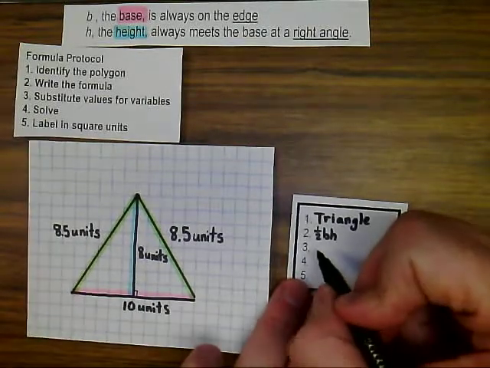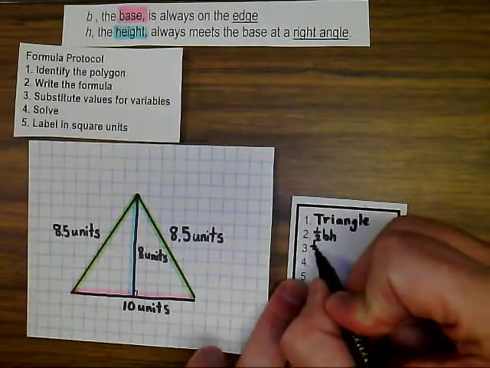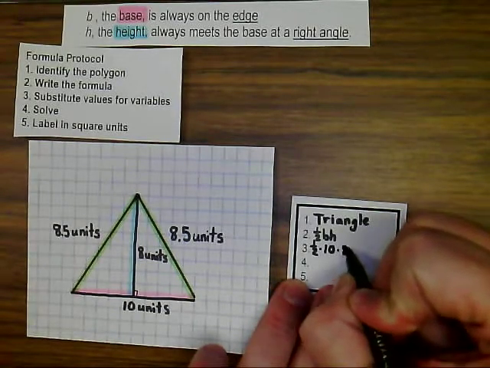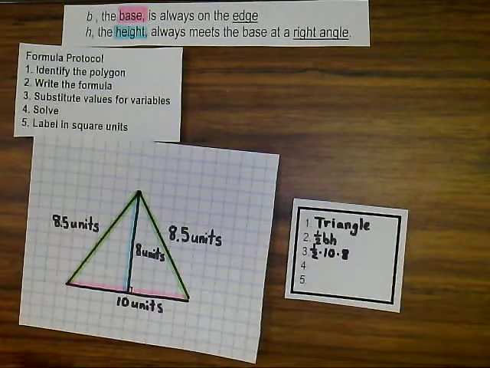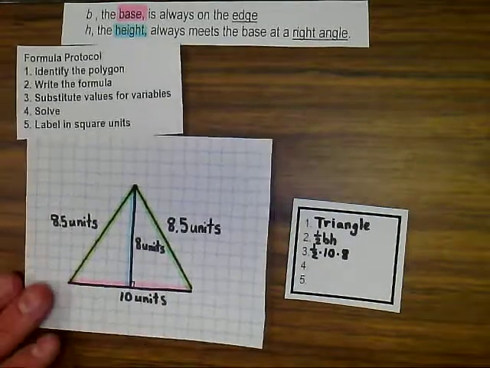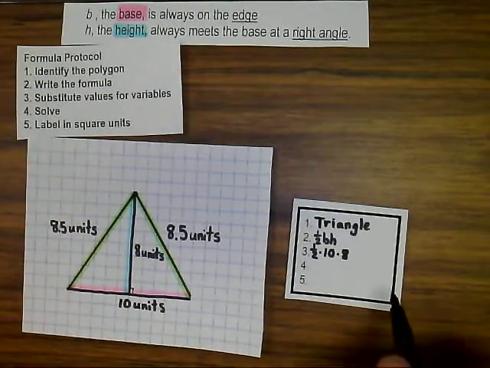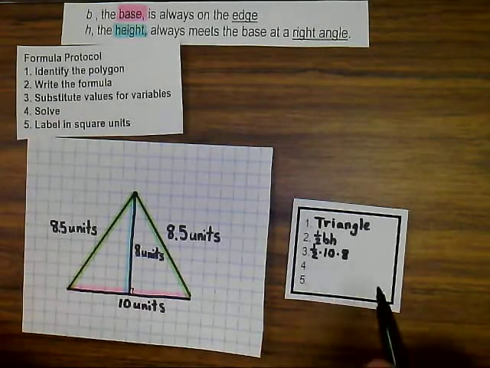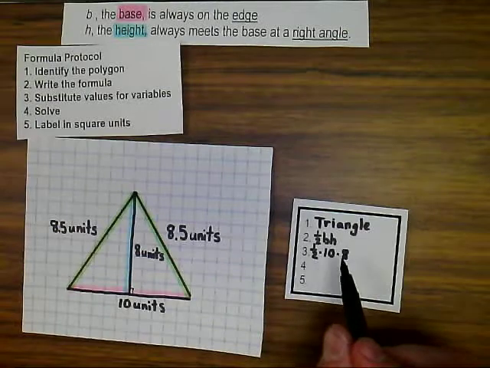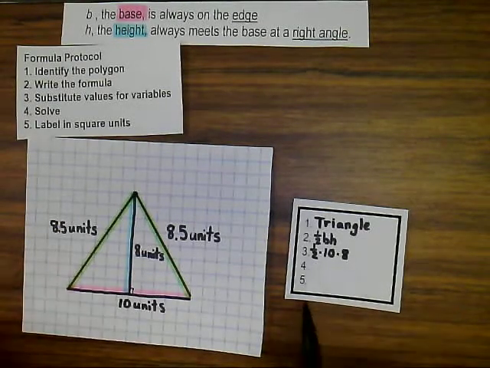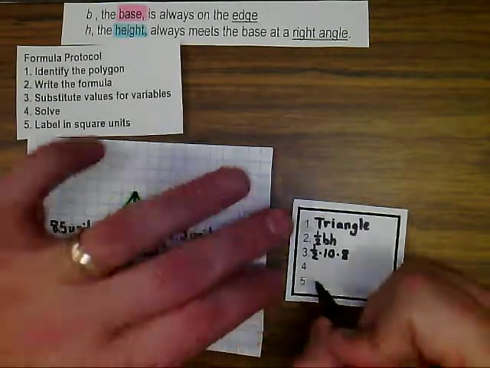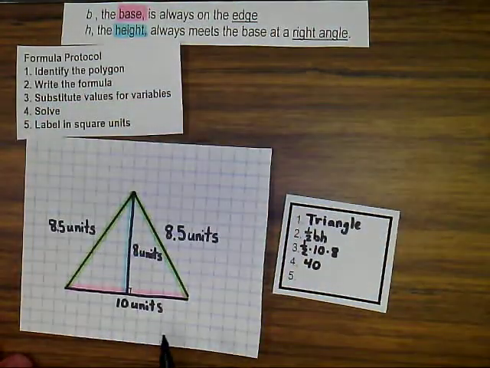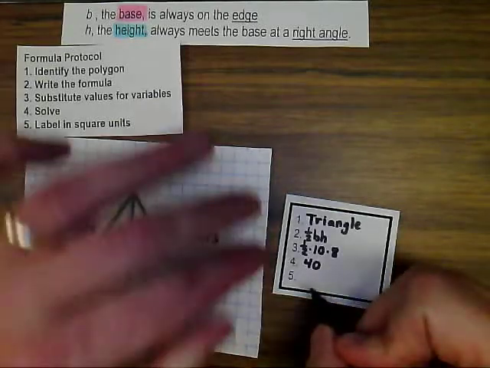So I'm going to substitute these values, and now my formula is 1/2 times 10 times 8. At this point, because of the commutative property, I can do 1/2 of 10 and multiply that by 8. I could do 1/2 of 8 and multiply that by 10. Or I could use my associative property and do 10 times 8 first and then multiply that by 1/2. No matter how I go about that, I'm going to get the same answer, which is 40. And looking at my label here, it's in units. So I'm going to write 40